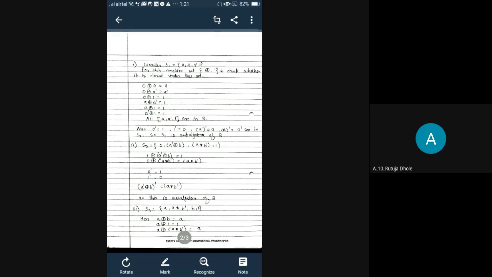So 0's complement is 1. Yes, and 1 is present in given set. Now check for the next element 1. 1's complement is 0 and that is present in given set. Now take another element A's complement. So again its complement is A, because here complement gets cancelled and you will get answer as